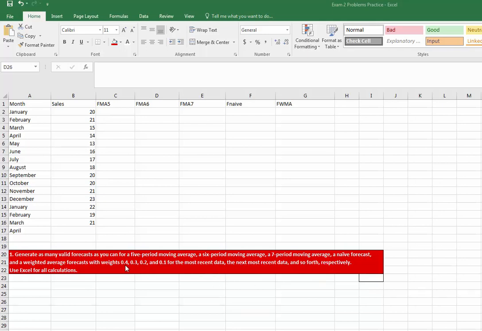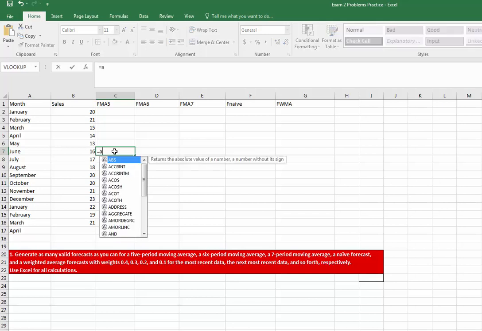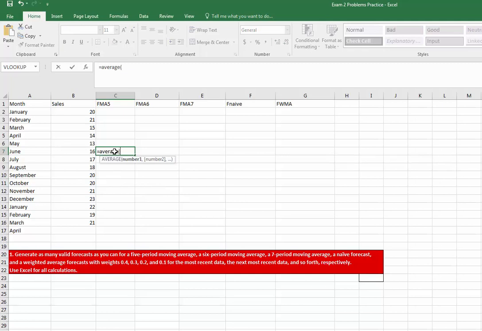Respectively means that the 0.4 goes with the most recent data, the 0.3 goes with the next most recent data, and so forth. So let's start and do the 5-period moving average. For a 5-period moving average, we have to have 5 periods of data: 1, 2, 3, 4, 5. So in our case, it's January through May before we can create a forecast for June. You never want to have the current month data in your forecast. So it's just the average of